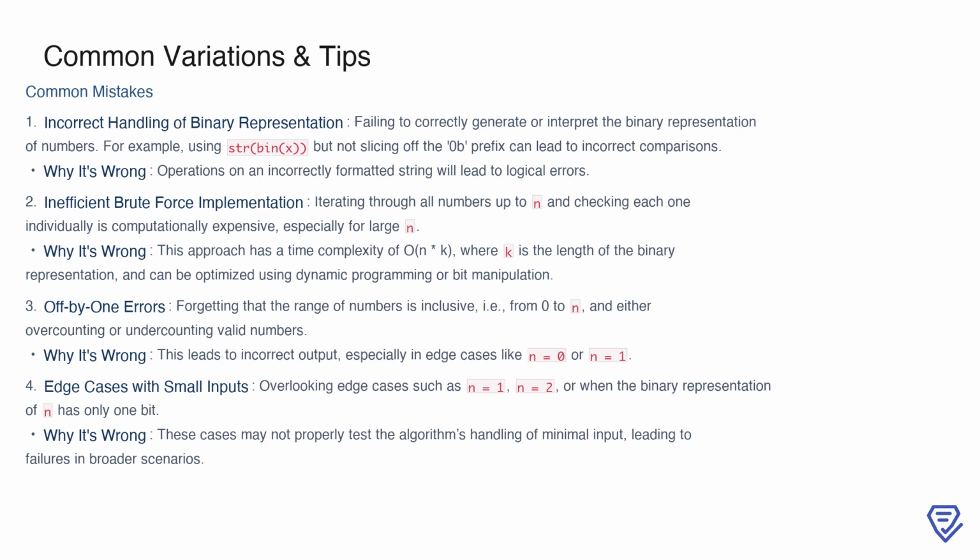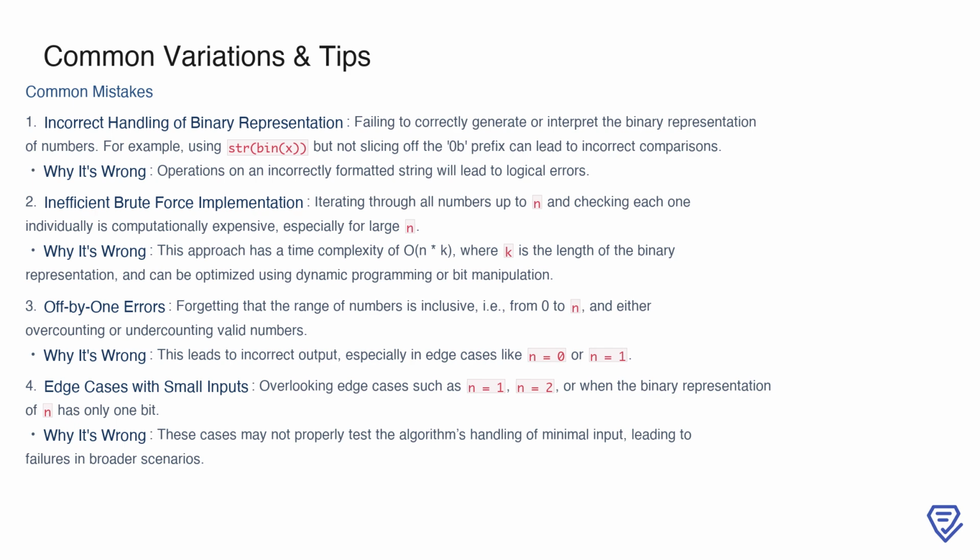Another common issue is off-by-one errors, such as misunderstanding that the range is inclusive, from 0 to n. This can lead to overcounting or undercounting, especially in edge cases like n equals 0 or n equals 1. Finally, small inputs like n equals 1 or n equals 2 are often overlooked in testing. These cases are crucial because they can expose weaknesses in how minimal inputs are handled, which might lead to broader